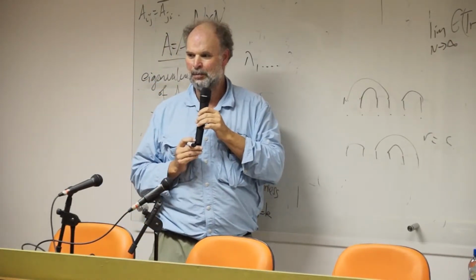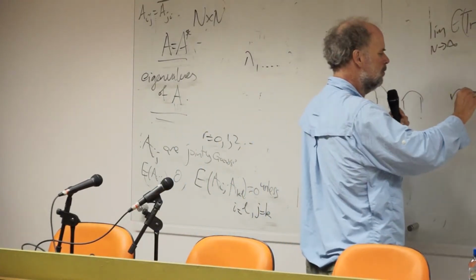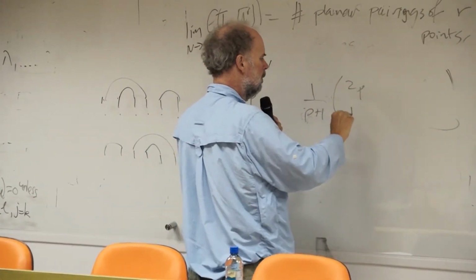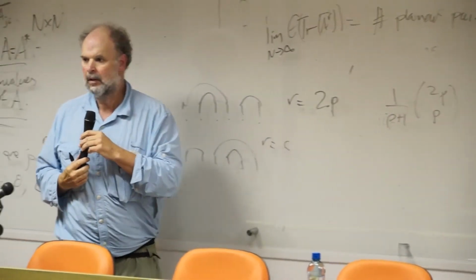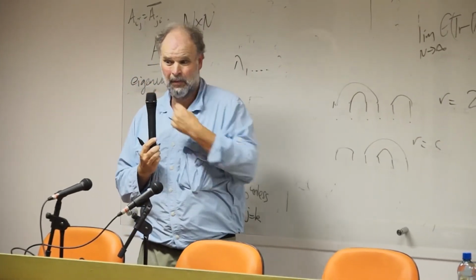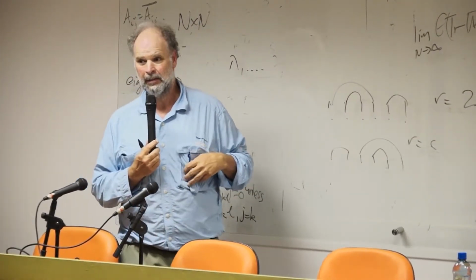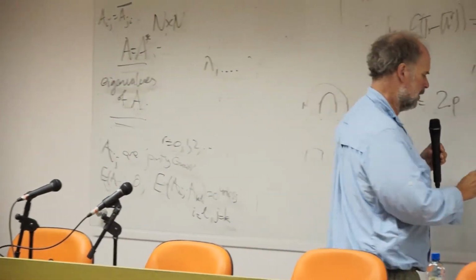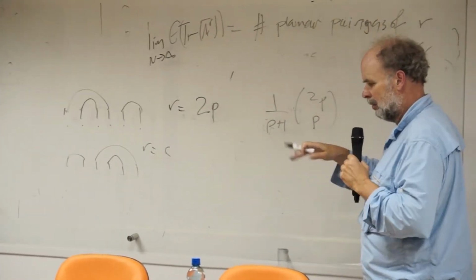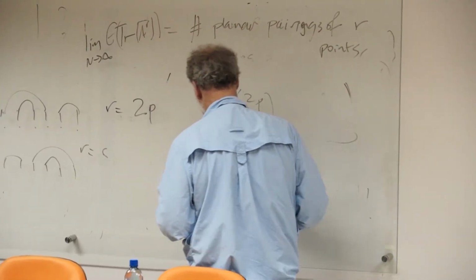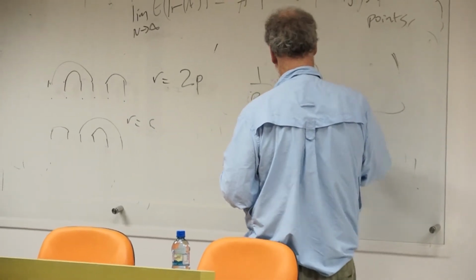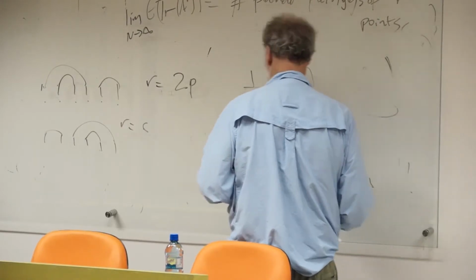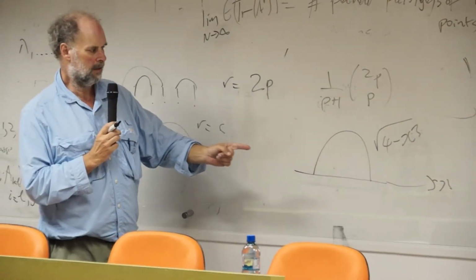I believe there's some combinatorists in the audience. They should surely know. Maybe they're just bashful. So if R happens to be 2p, then the answer is 1 over p plus 1, 2p choose p. Okay? So that's the answer. So that actually solves Wigner's problem. This gives you the asymptotic distribution of the eigenvalues of a large random matrix. And when you do the Newton's binomial expansion, you find that the probability density function is this suitably normalized square root of 4 minus x squared. So there's the amazing result of this calculation.